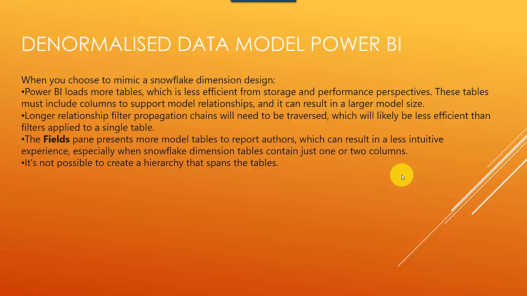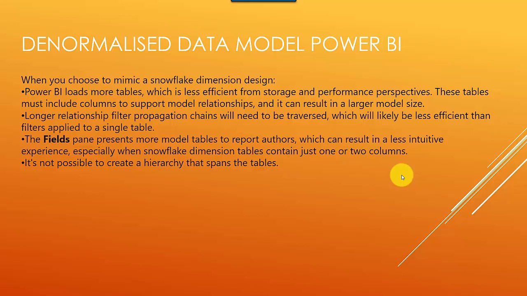So essentially, when you're slicing or dicing on a dimension and you pick a field from the product category, a field from the product subcategory, and then a product, there'll be a long chain of relationships that need to be traversed, and that could slow down your analysis in the Power BI report as well. So that is not great. And it starts to have an impact when you start talking about a large data set. In that case, it could really cause problems.